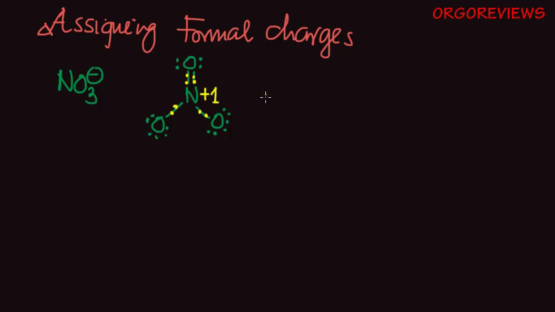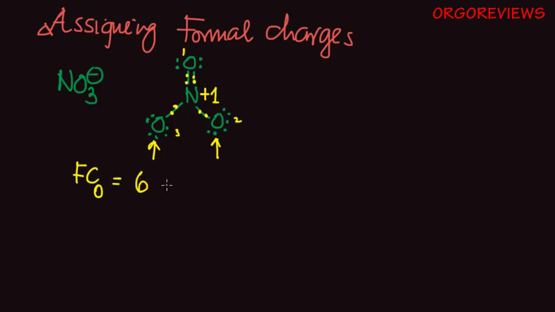Next, let's look at one of the oxygens that are connected to the nitrogen. So to calculate the formal charge on this oxygen, we have oxygen number 1, let's label them 2 and 3. Both 2 and 3 are the same. So in order to calculate the formal charge on 3 or 2, we're going to look at the valence electrons